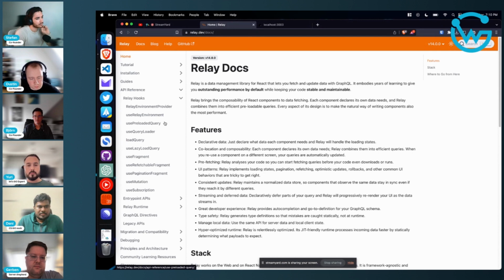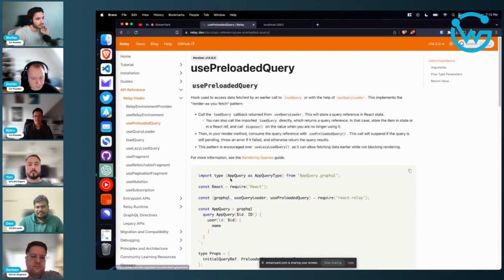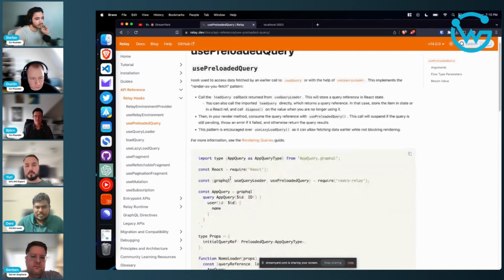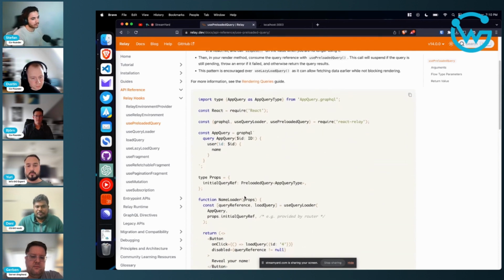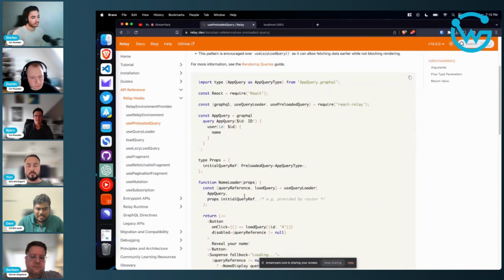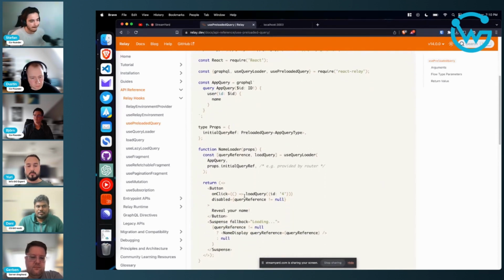So Relay has this whole concept of preloaded query. The idea behind Relay is that you should be able to leverage the entire server-side rendering as well as the new React Suspense loading mechanism, so that the data loads as fast as possible for the users. And working with SSR and Suspense, the learning curve tends to be slightly difficult for